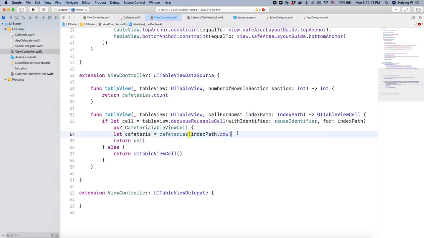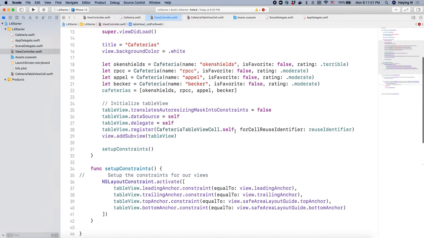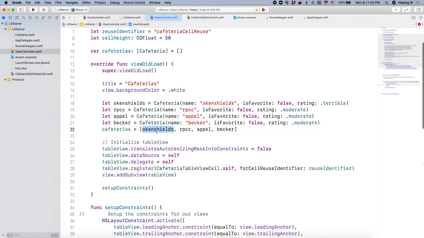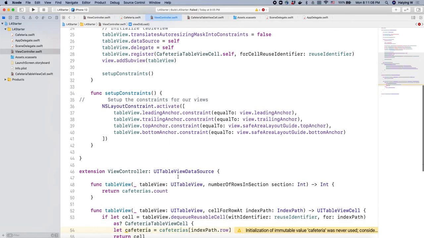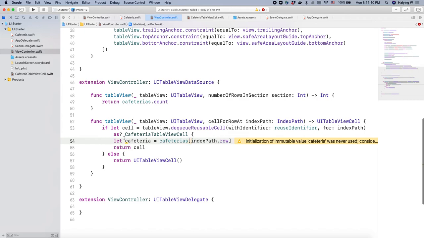So the table view has rows, right? And we want that row to correspond to the index. We will index into cafeteria the row we are at in the table view. So when the index path dot row is like 0, then it would take OpenShield. We want OpenShield to show in the first row. So once we get the specific cafeteria for that row,